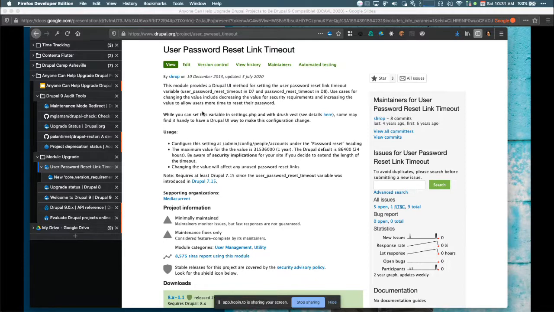There is a security-ish warning here. You don't want to extend this super long, because as long as that link's available, someone can just log in as that user. But it is a handy tool, and all this does is expose it for the user so they can actually see that.